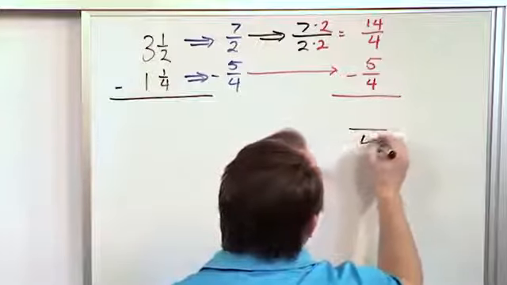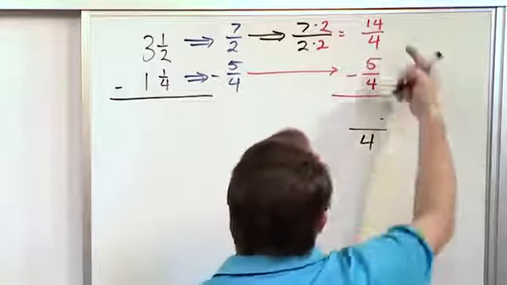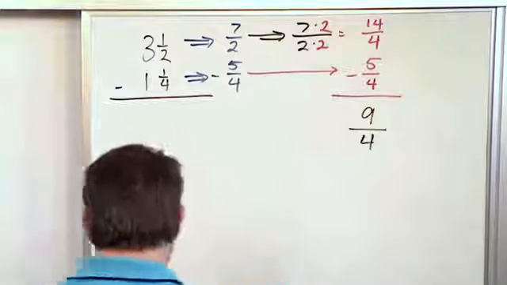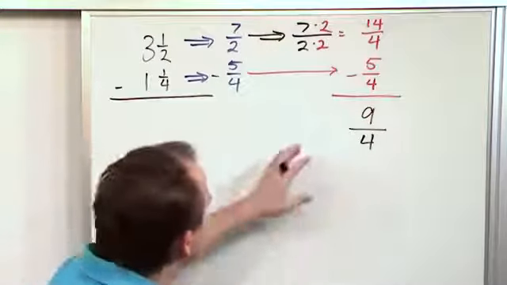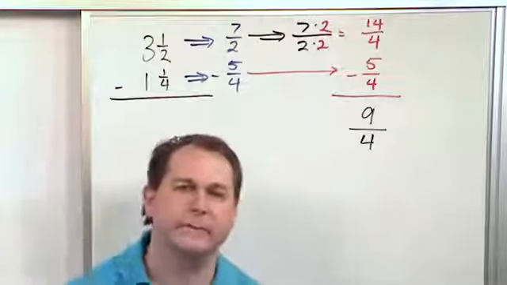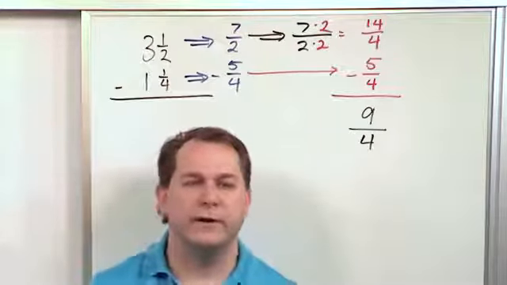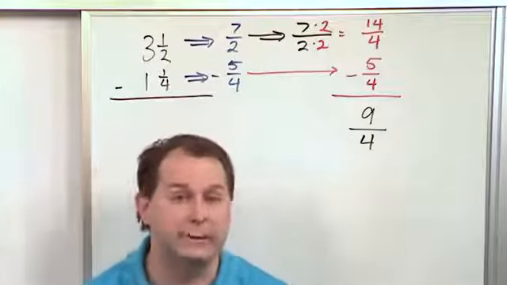So on the denominator, we will keep the 4 because it's common. 14 minus 5 is going to give me 9. And I will have 9/4. So we try to see, can we simplify this answer? Well, 9/4 is already simplified from the point of view of we can't divide top and bottom by anything to